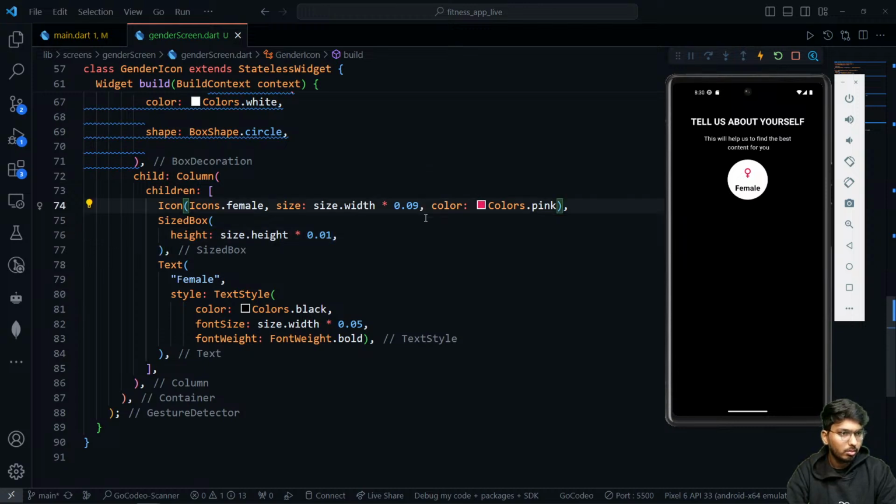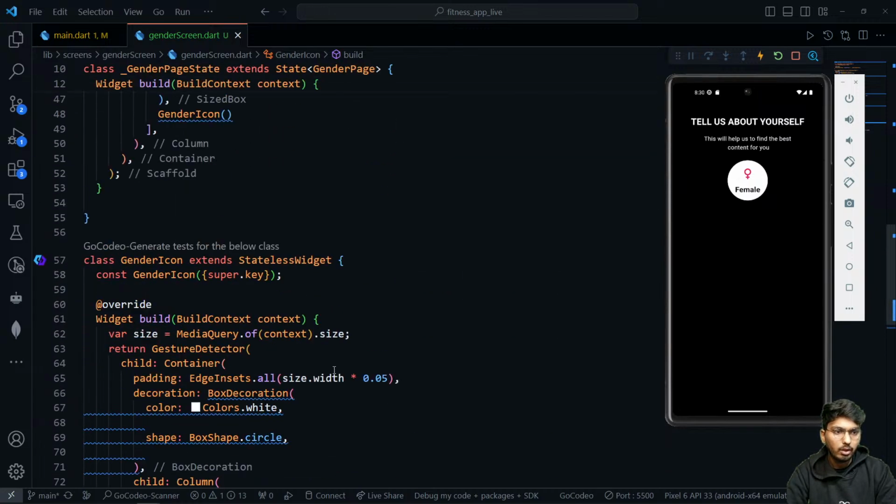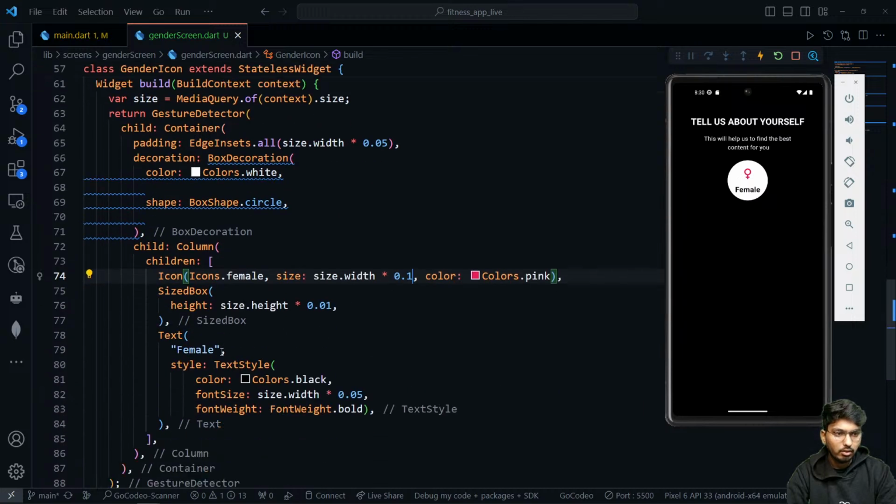Okay, so size will be 0.1. Okay. Yeah. Now this looks good. Okay, so sizing and everything has been done. And similarly, we will be using this to create for male as well. So what I'll do, instead of writing all these values